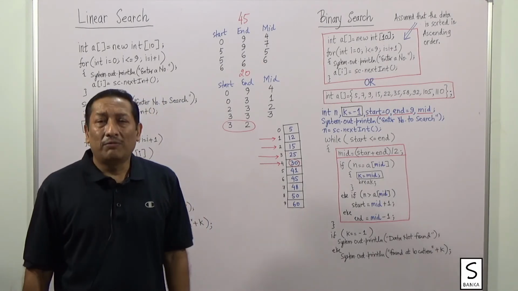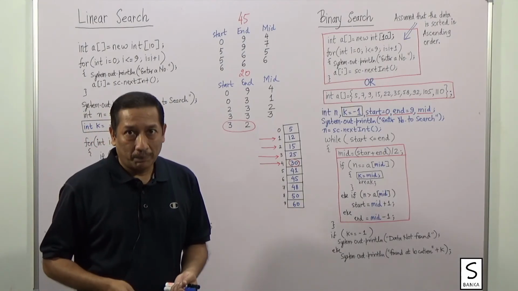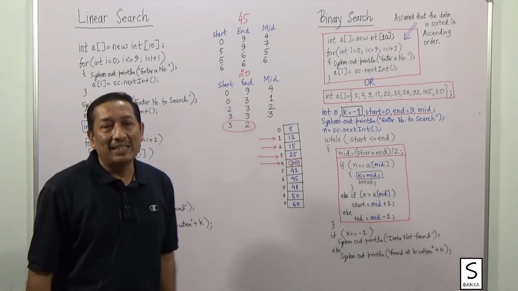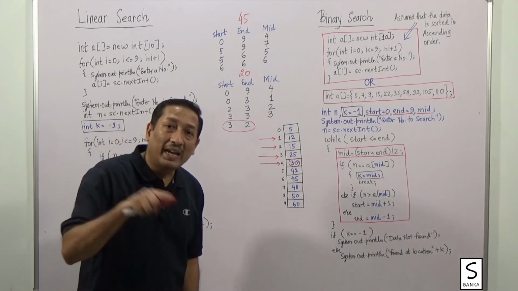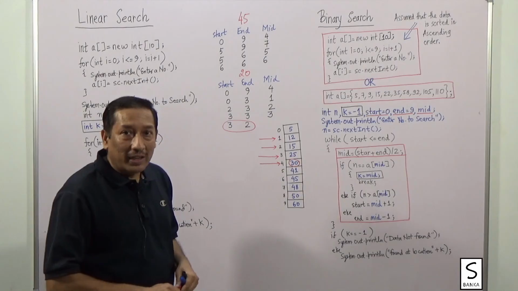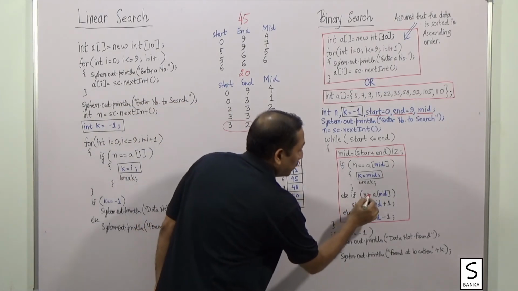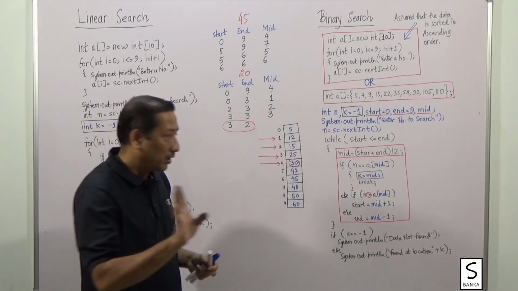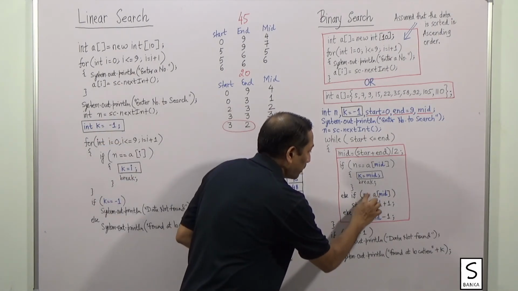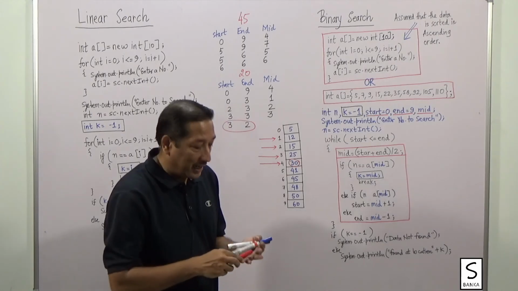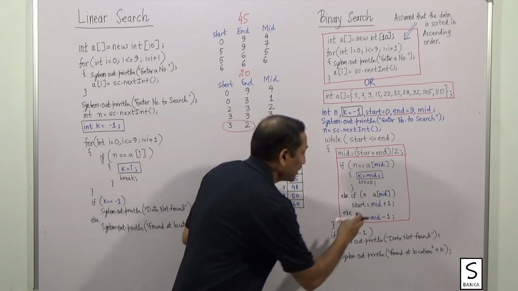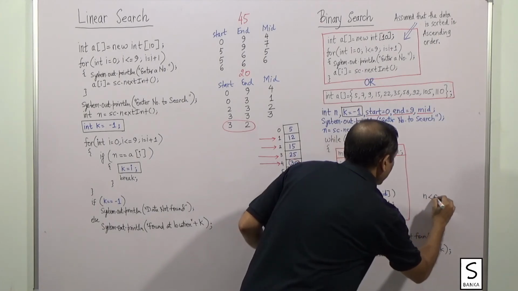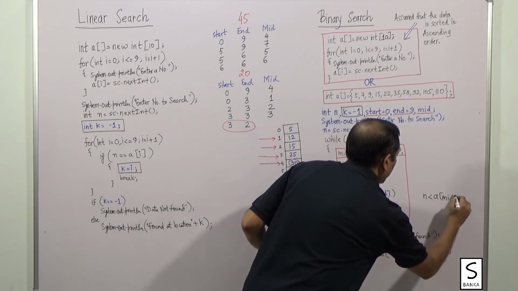There are certain variations that you will need to consider. Number 1, this program has been made assuming that the array is in ascending order. What if the array is in descending order? The only change you will need to make is that instead of n greater than a mid, you will need to make it n less than a mid. Only change, nothing else needs to be changed. You simply make it from greater than to less than, and that will suffice. So I will write here, one of the changes that will be required is n less than a mid. This is for descending order.